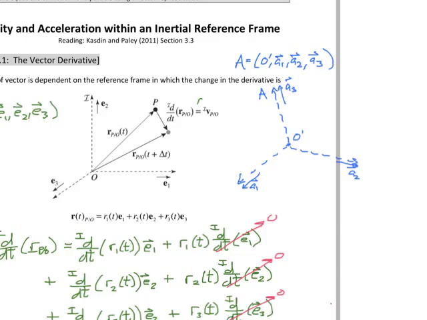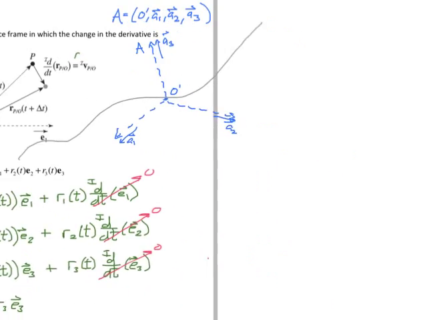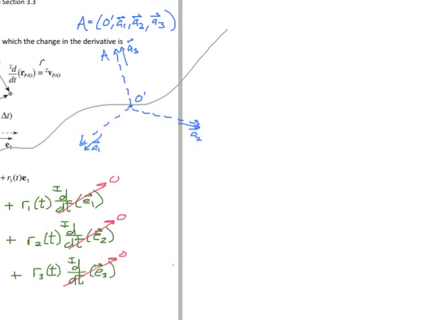Then we'll also say that the reference frame A is moving relative to the reference frame I. It's moving in an arbitrary path, but is also rotating as it moves along. And so let's take the time derivative of the position vector as observed in the A frame. We'll find the velocity of p with respect to O, but as observed in the A frame. This means we're taking the time derivative as observed in the A frame of r p with respect